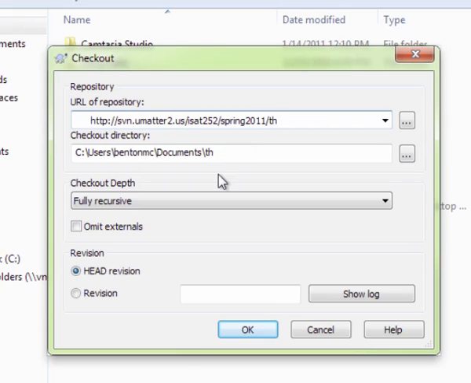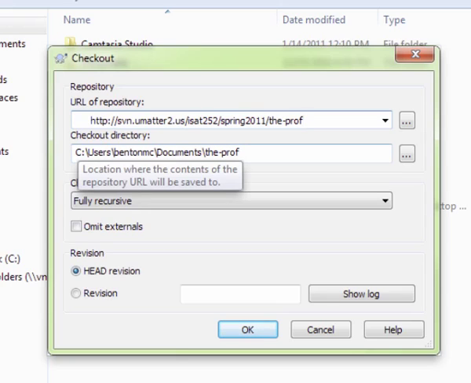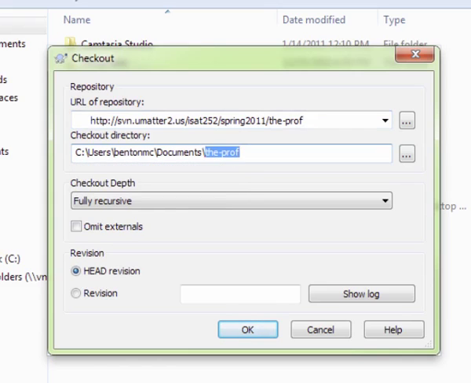But I created a directory called the prof for myself, and so this is the remote repository directory that I'd like to download. The checkout directory is going to be in my documents folder, and it's going to create a directory called the prof. If I'd like, I can change the name of that folder to anything I'd like. It doesn't really matter what it is. For this video, I'm going to stick with the default. Then click OK,